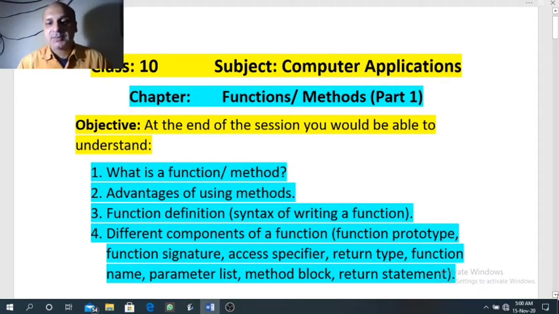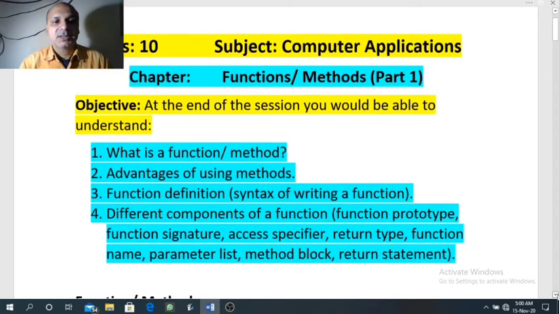What is return type, function name, parameter list, function block, and return statement. So without wasting time, let us start our topic, starting with the function.